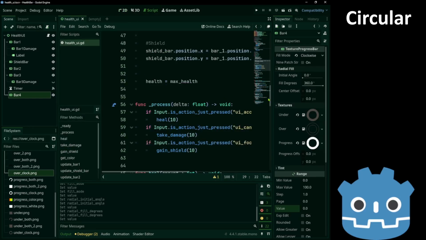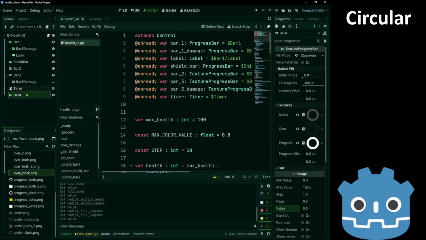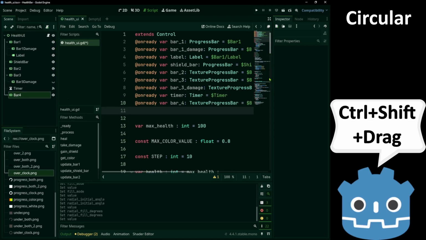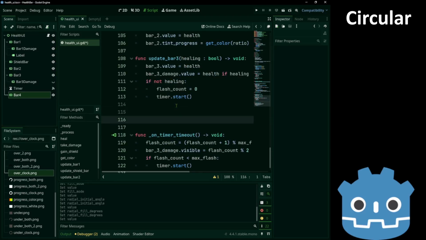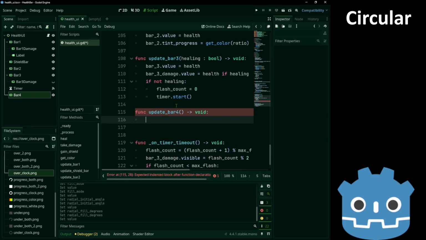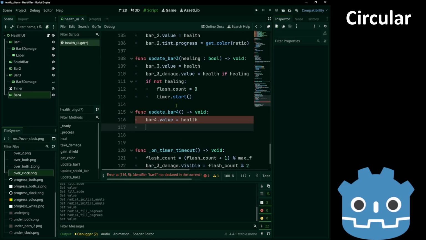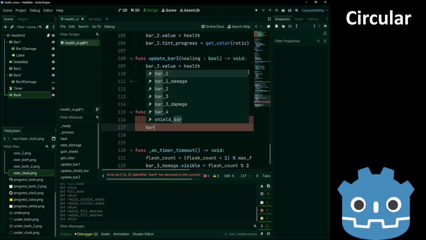So in our script, add it in the script. Set its value to health. And again, we'll change the tint.